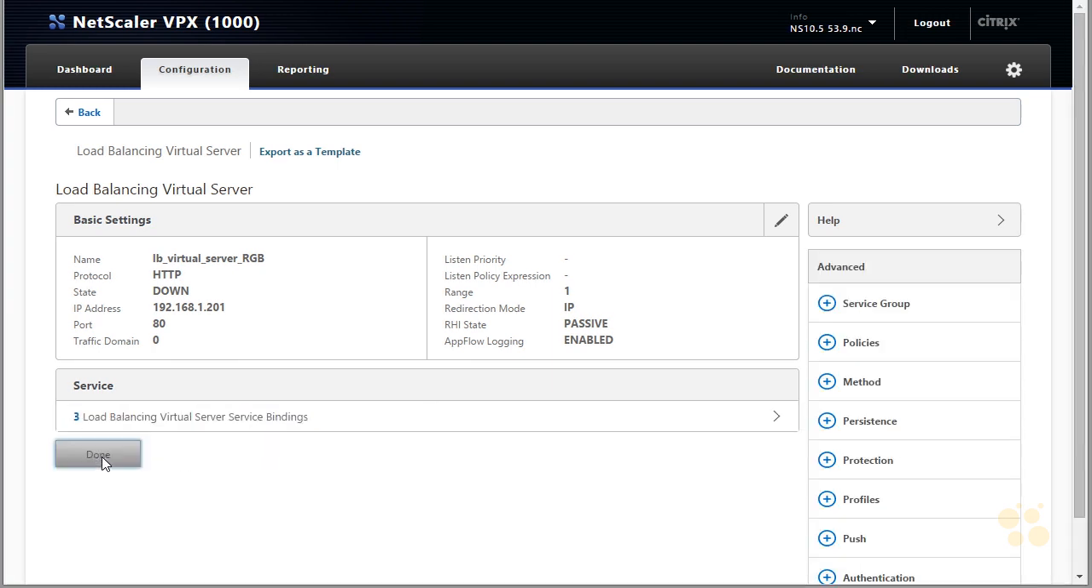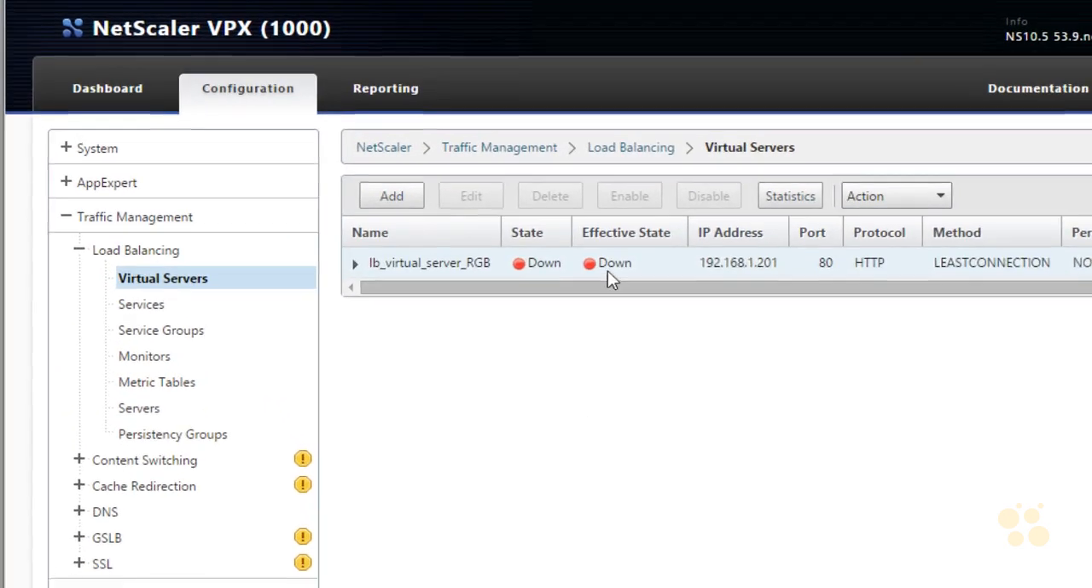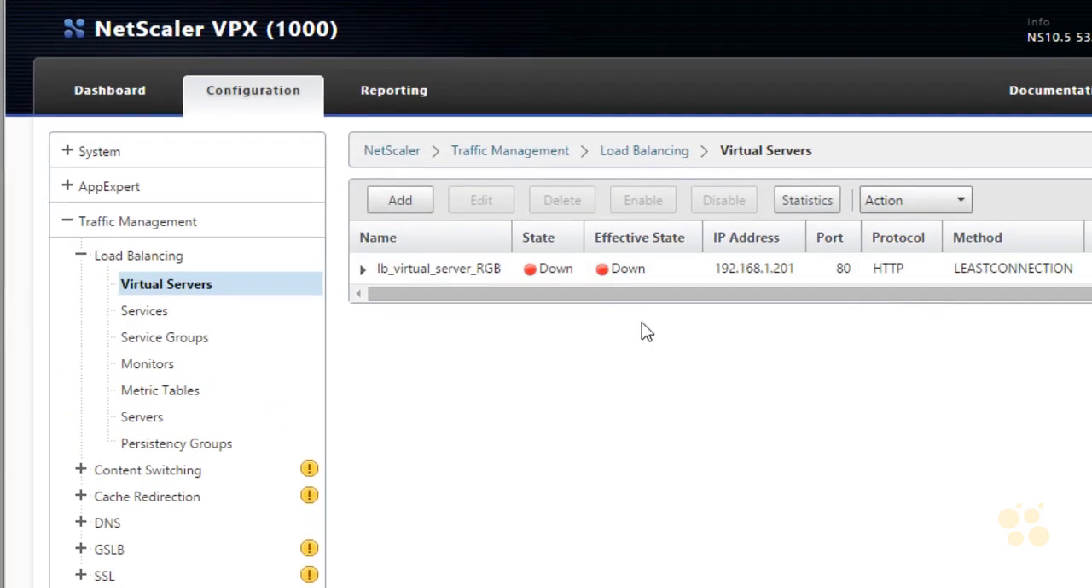So we'll click on done, and it currently says down, down, down. So we'll click on refresh, and now they're up. So when we initially connected the virtual server to the